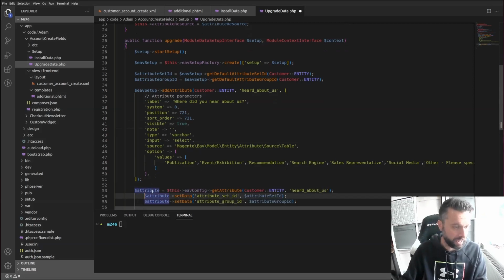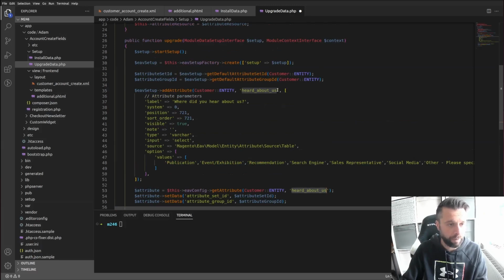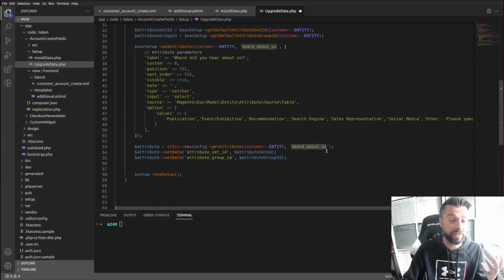Which are here, which are setting the data for the group attribute ID, which is where I was getting it from. The default one, look, default attribute set, that's what I'm adding it to, and the default attribute group is what I'm adding it to. I'm calling it head about us. So head about us, this is what it's going to be called when it hits the database. So this is like the key, so it needs to be in kind of slug form